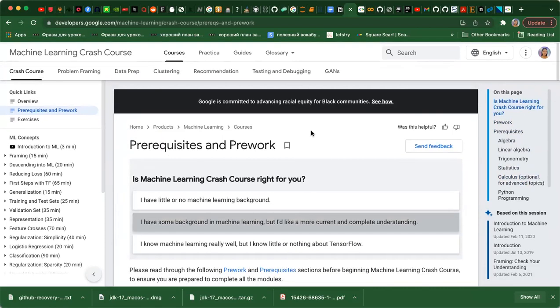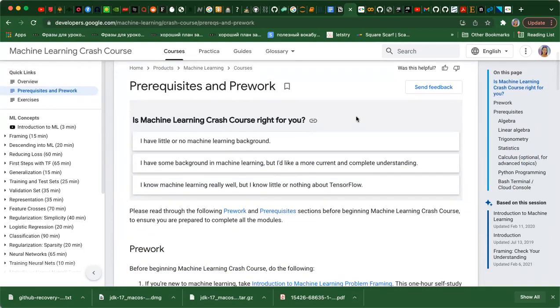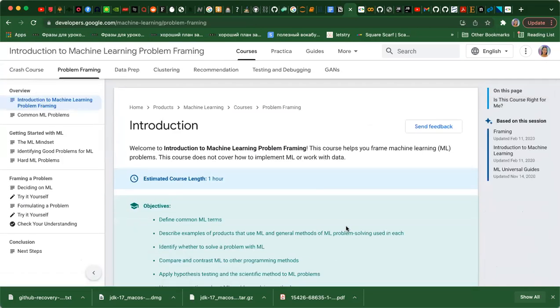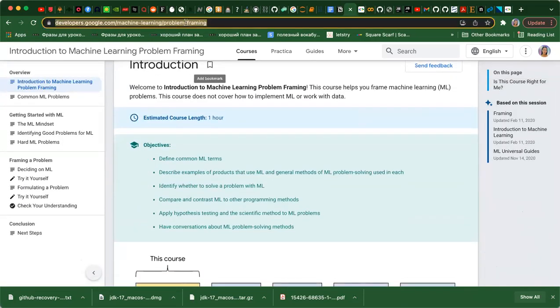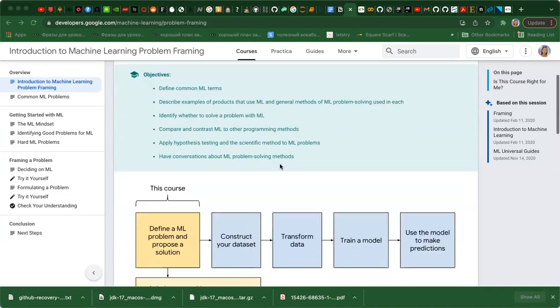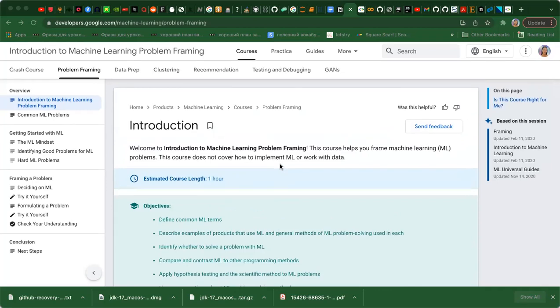And because this is the first lesson, I would like to start from the basics to understand the machine learning problem framing. And let me just share this website with you. I think it is familiar for some of you because I used the material for our first info session. So the goal of today's study jam is to learn about machine learning problem framing and common machine learning problems.